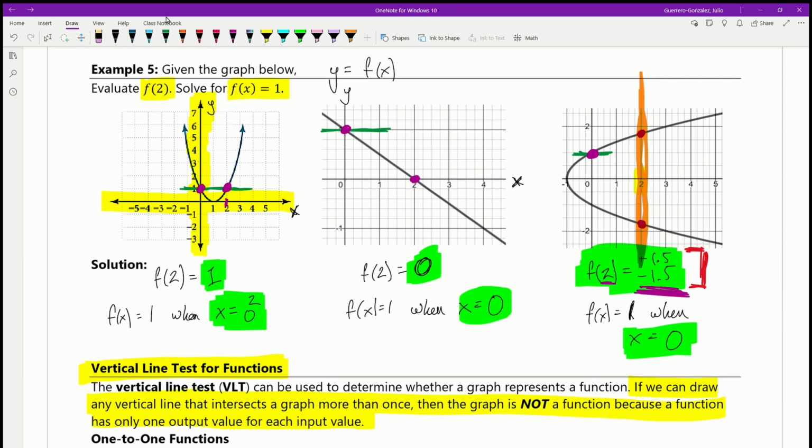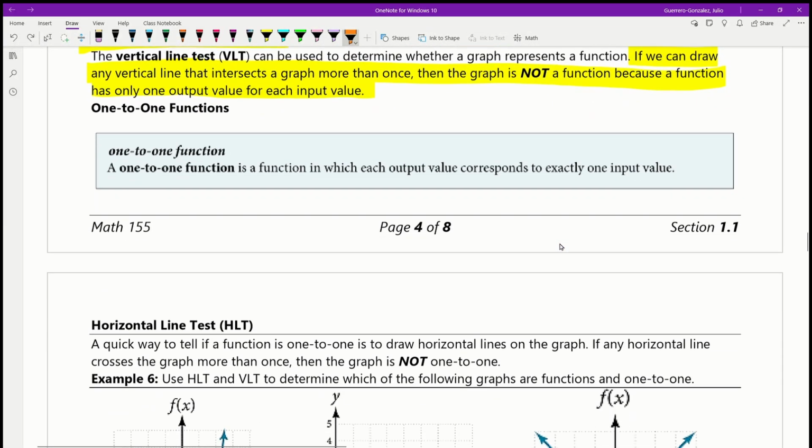Okay. So this third one that I have right here is not a function. The other two are. If I draw any vertical line, it only intersects my graph once. Same thing with my first one. Vertical lines, that one, that one, that one, they only hit it once. So I have a function. Okay. It's good that we're doing this because